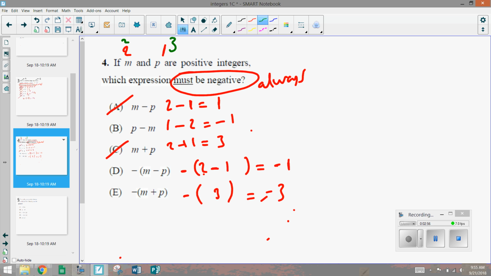Now P is greater than M because you subtract and add. That'll affect. Okay? And A and C gone. Let's check P. P minus M, 3 minus 2 is equal to 1. So it's gone. Make sense? And then try D. Minus M is